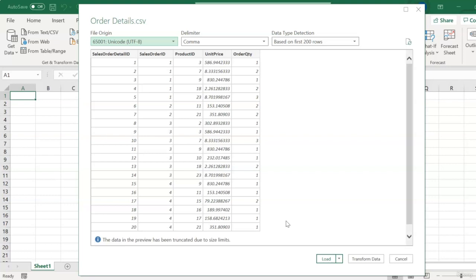And before I load this file into either Excel or the data model, I'm going to hit this Transform Data button just to preview the data in the Power Query editor and make sure everything looks like I expect before I start trying to analyze the data. And in general, this is a best practice when importing data into Excel. You should pretty much always opt to transform data, even if you think the data won't require any changes, just so you have clarity on exactly how Excel is handling that import. So we'll hit Transform Data,